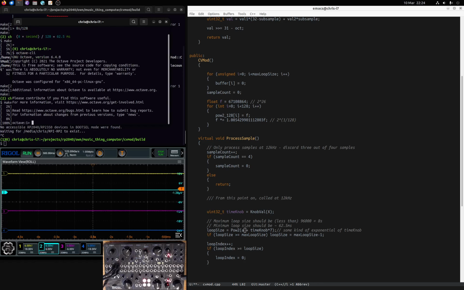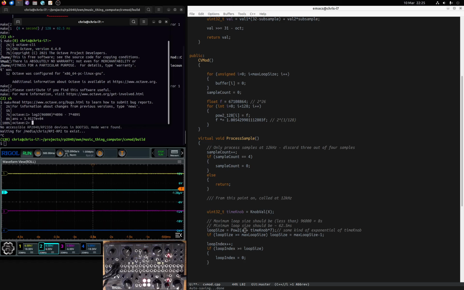So what I want is log 2 of 96,000 multiplied by 4096 minus 7 times the maximum value of time knob, which is 4095, I think, and this gives me